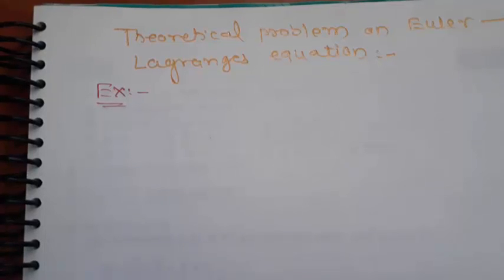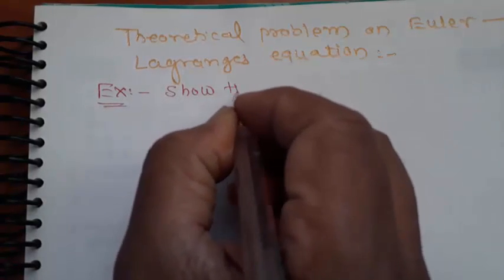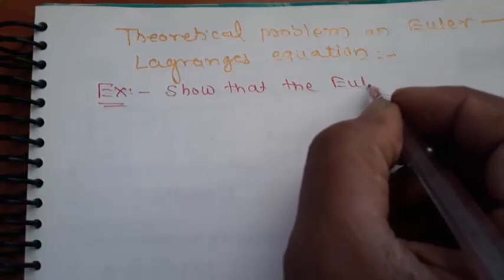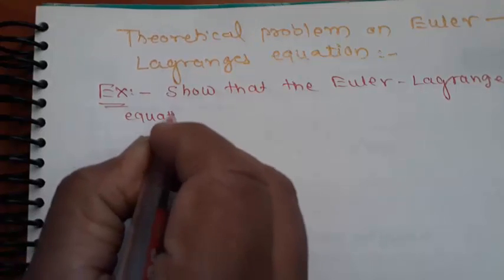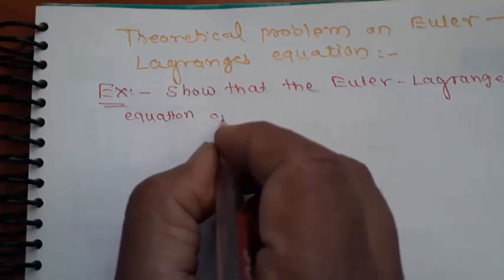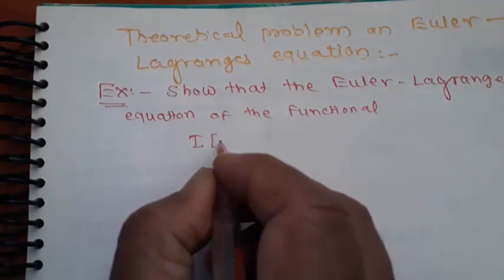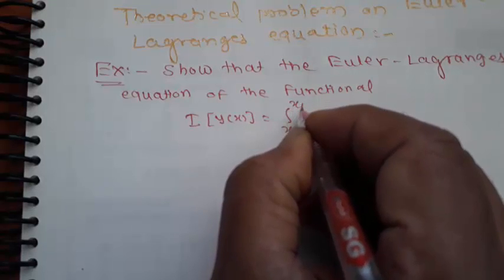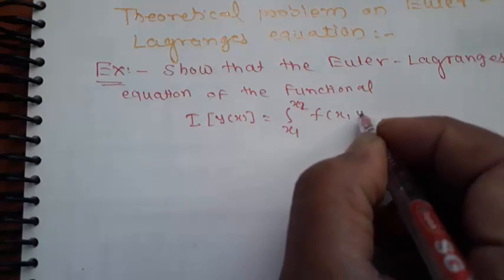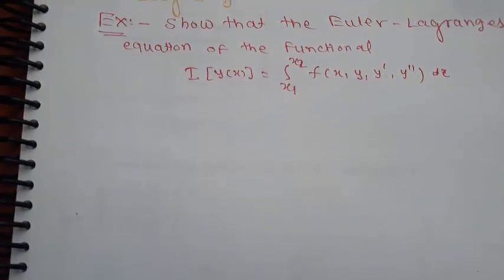Here we will solve a theoretical problem on the Euler Lagrange equation. Example: show that the Euler Lagrange equation of a functional I(y(x)) equal to the integral from x1 to x2 of f of x, y, y dash, y double dash dx has the first integral